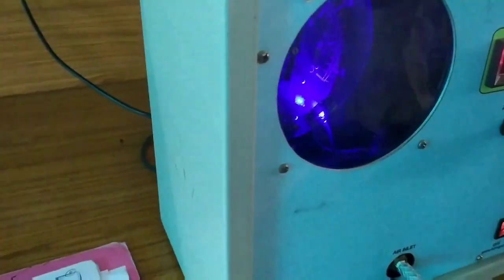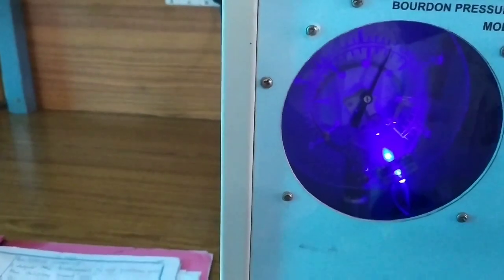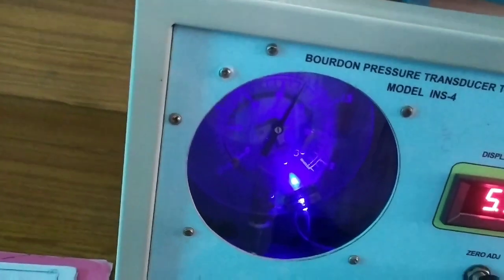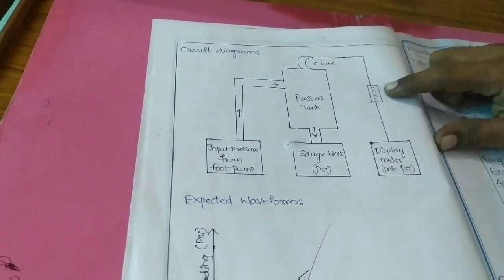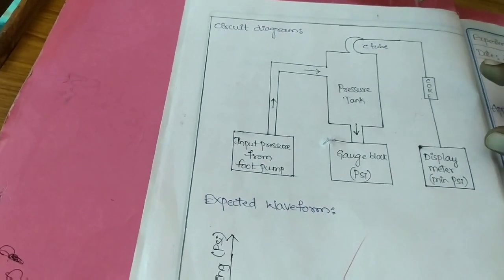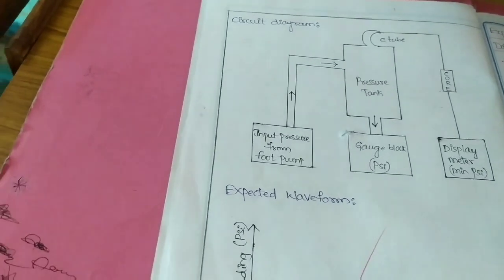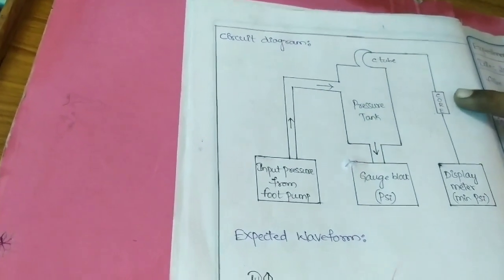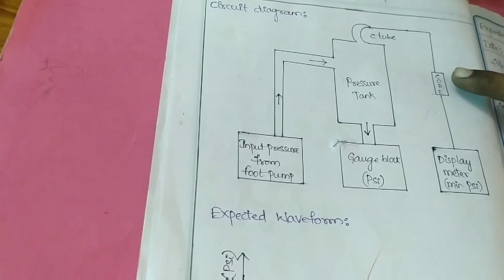Next, in this entire setup, in this experiment, there will be two transducers in total. One is the Bourdon tube, called the C tube. The Bourdon tube is called the primary transducer. In this diagram, the core is nothing but the LVDT, and this LVDT is called the secondary transducer in this experiment. So two transducers are there: the C tube, or Bourdon tube, is the primary transducer, and the LVDT is the secondary transducer.